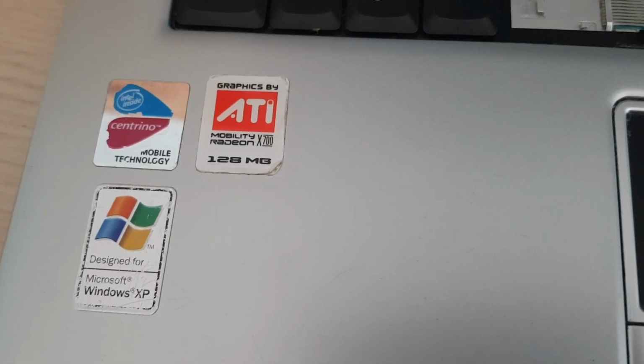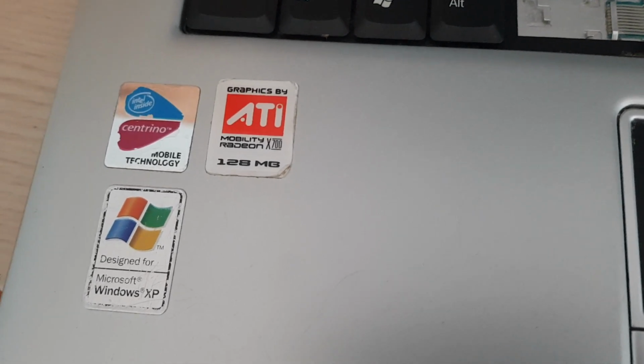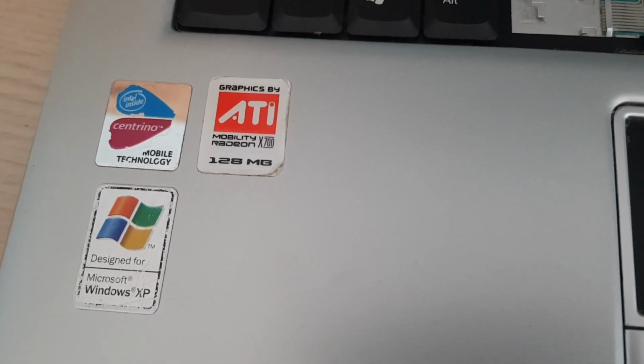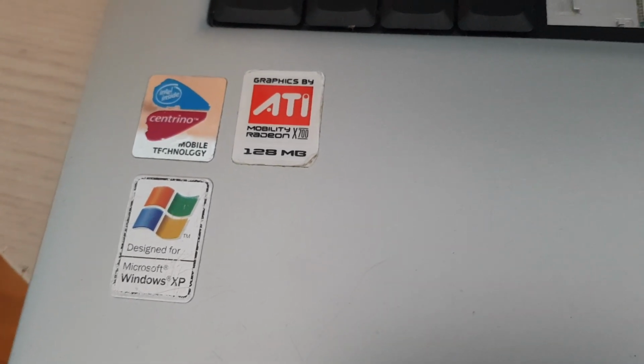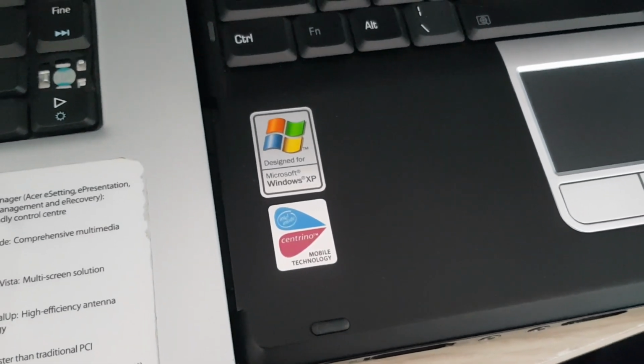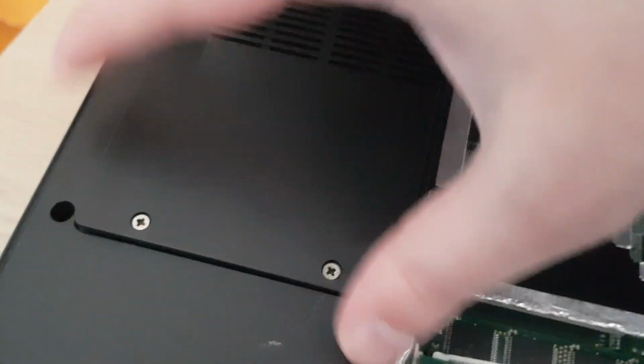Unfortunately, it no longer works now because the integrated ATI graphics died. It could be fixed by reballing the GPU, but I don't have the skills to do that. But the CPU isn't broken, and it's the same generation as what this Toshiba uses. And back then you could replace CPUs in laptops. And over here,